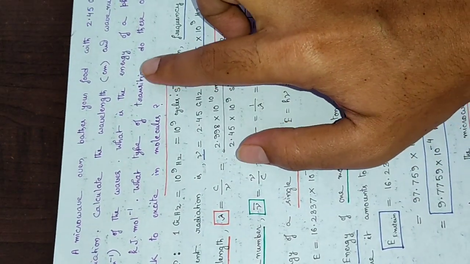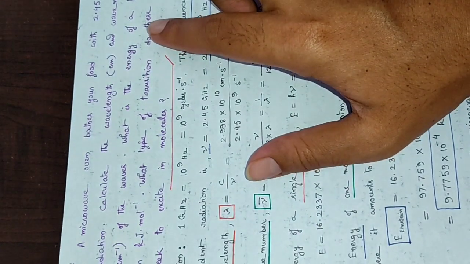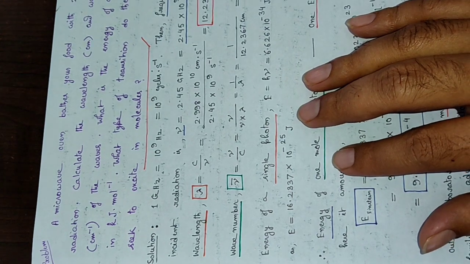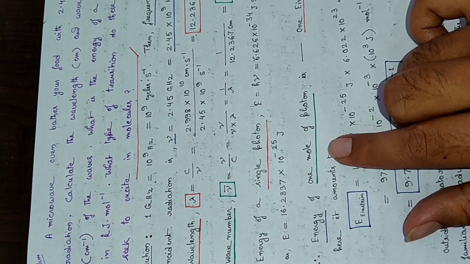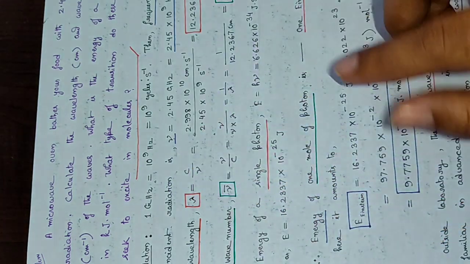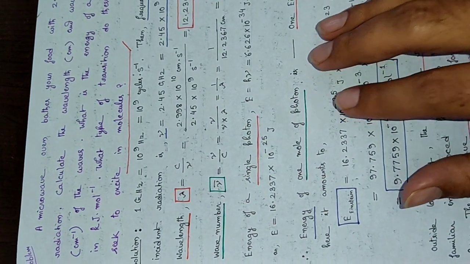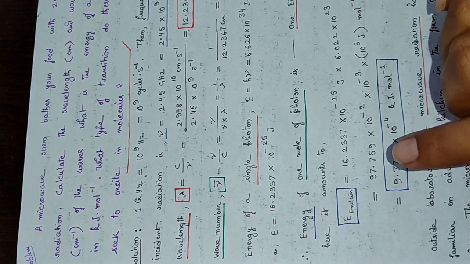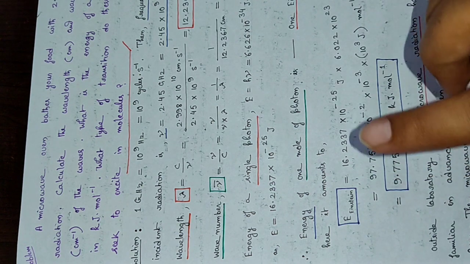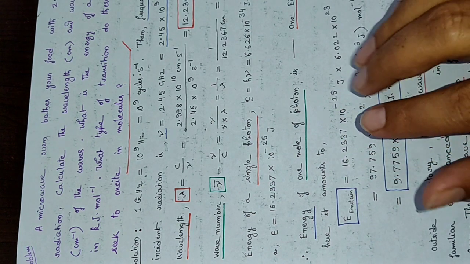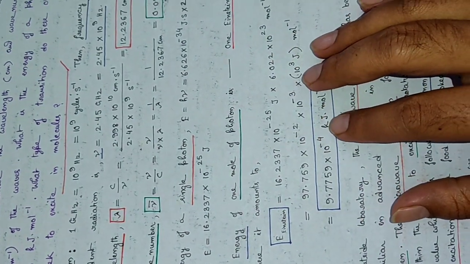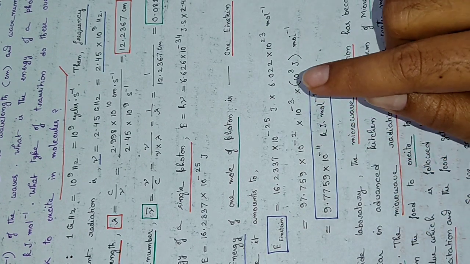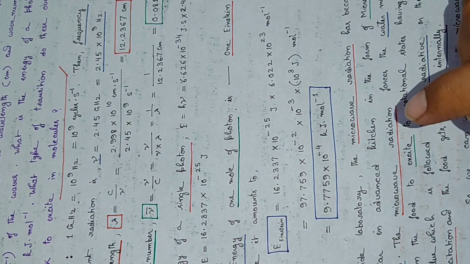Next question, what is the energy of a photon in kilojoule per mole? Now, energy of a photon depends on the frequency, and if we try to express it in per mole, then it is demanding the value of 1 Einstein. 1 Einstein means energy of 1 mole of photon. So, to have this, we have to find the energy of a single photon and then we have to multiply it with Avogadro number.